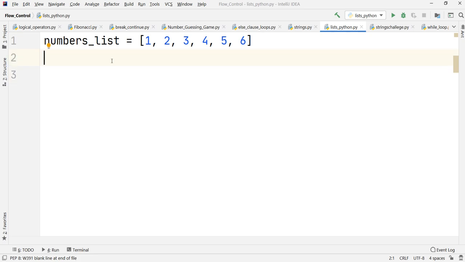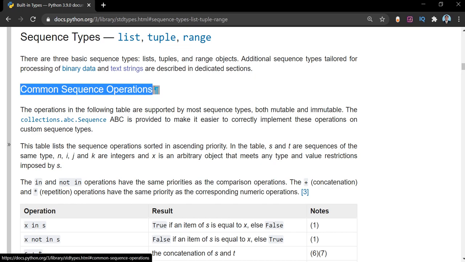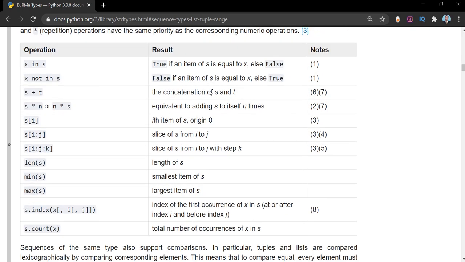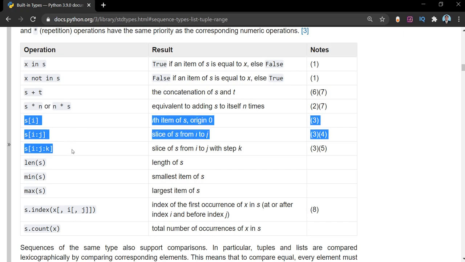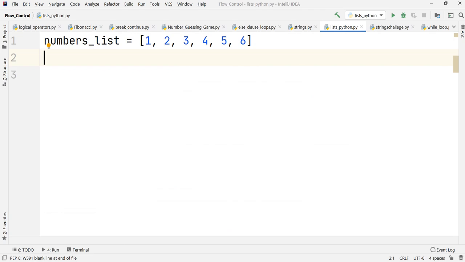As you might recall in the documentation when we saw it earlier, it had said that common sequence operations can be done over list. So these are some of the operations that we can do over the list. We have seen these operations on strings as well. So let us start from them so that you will understand comparatively how they can be used. Like what we had done with strings, we can access the individual members in the list as well. Let us see how it can be done.